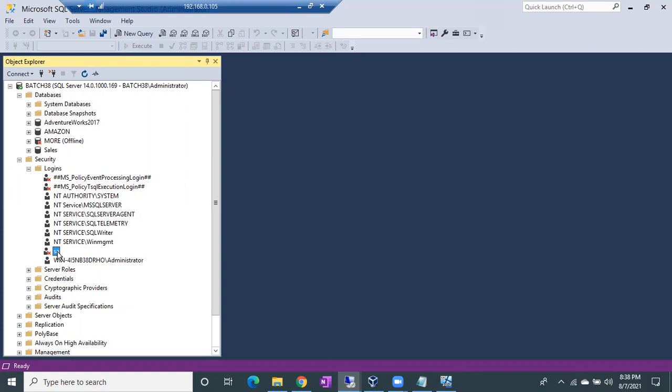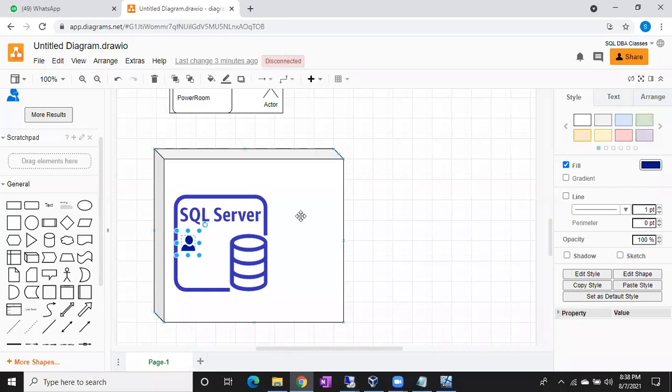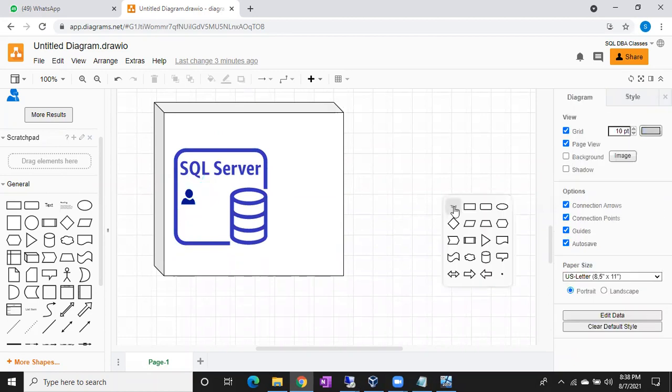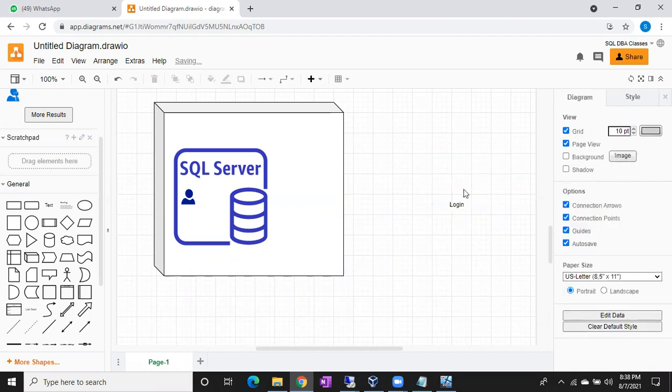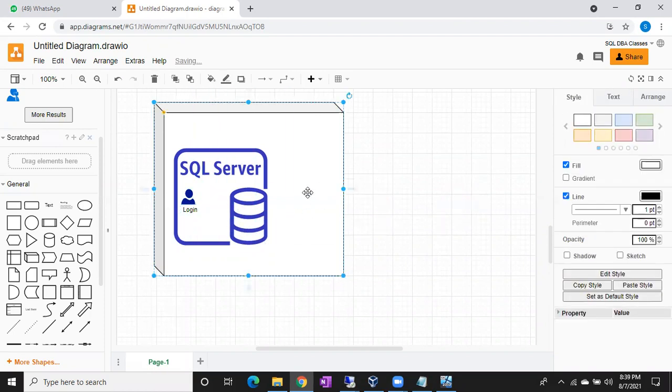I'll explain again. So let me go back to the diagram. So this is your login, SQL login. I'll tell you the difference between login and user. This is your login, right?